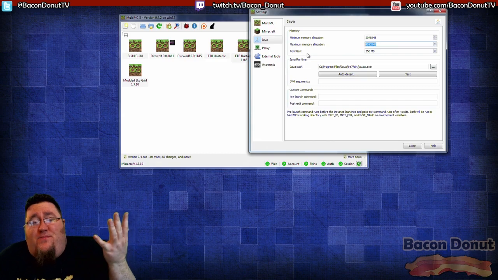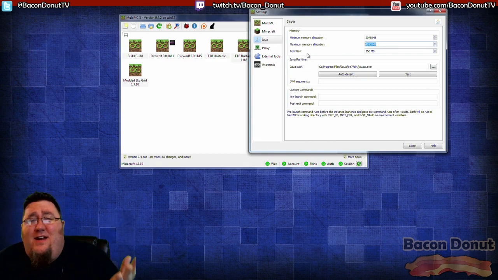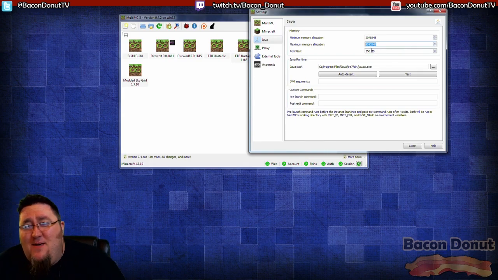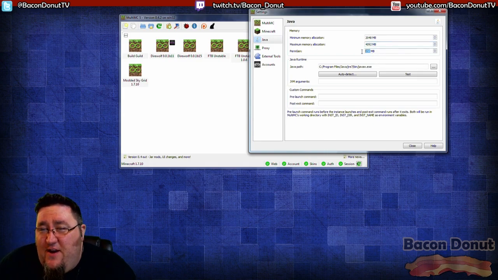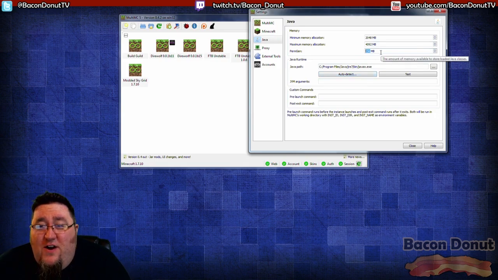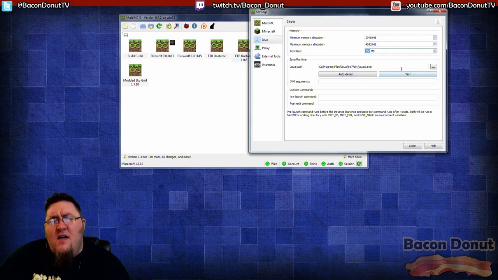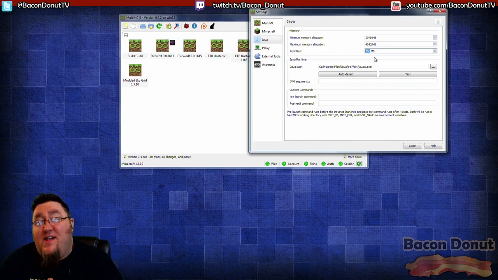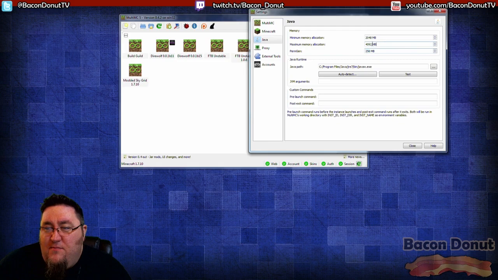Honestly, I'm not a Java developer. I don't really know what permagen is. All I know is you have to set it bigger than the default. For modded Minecraft, you want 256. If you leave it small, then once you start adding mods and try to run the game, it's going to crash. And another important note is that you have to have 64-bit Java in order to allocate this much RAM